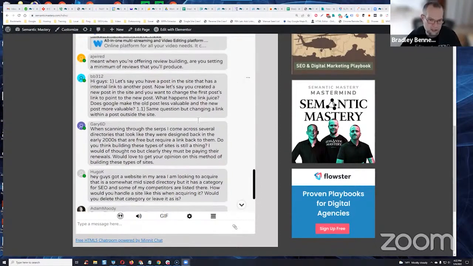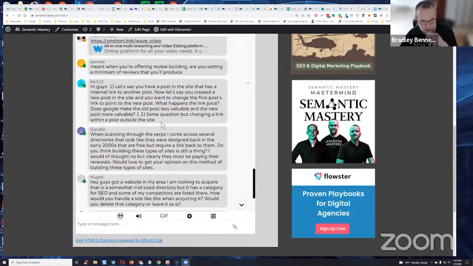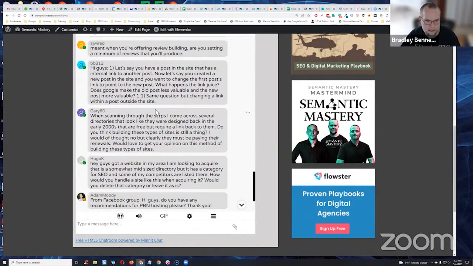So that's something else: you remove the link, and it doesn't mean it's just going to drop out of the index or be demoted. Sometimes it does. Again, it all depends on how often Google's crawling those pages and everything else. Hopefully that makes sense, BB. That was kind of an abstract question. I hoped I answered it in a reasonable way.